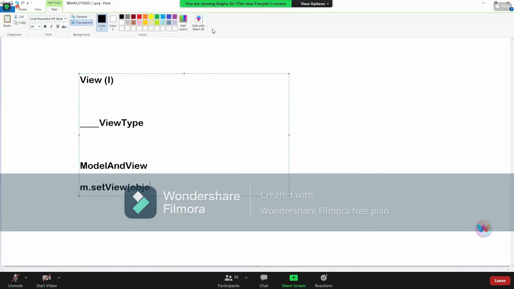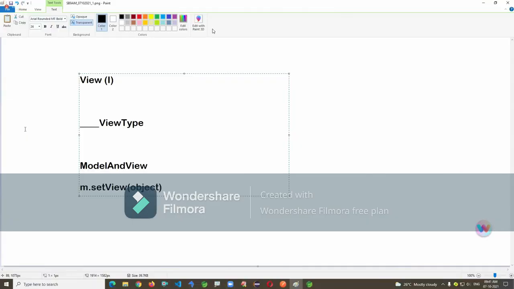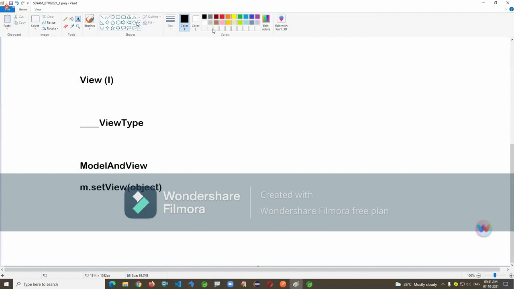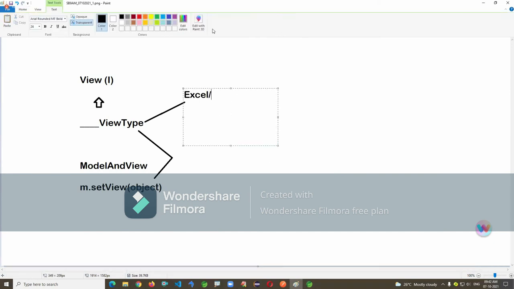It takes an object of a view type implementation. This view type object you can also set here, where the view type is going to provide Excel output or PDF output.